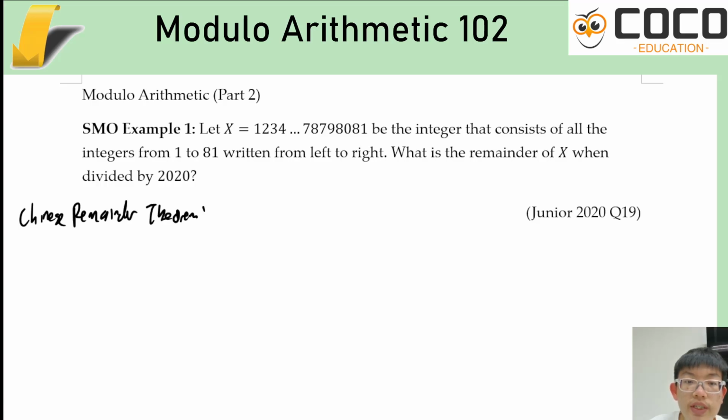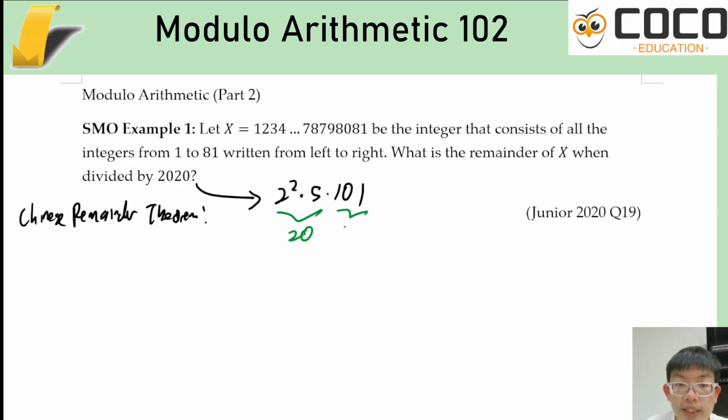The Chinese Remainder Theorem tells you that you can chop this up into smaller bits. So you can divide 2 squared times 5 times 101 into 2 squared, 5 and 101. You don't have to divide it all the way into smaller bits, you can just use 20 and 101. Now mod 20, x is clearly going to just depend on its last 2 digits, and the last 2 digits are just 1, so that is straightforward. As for the mod 101,